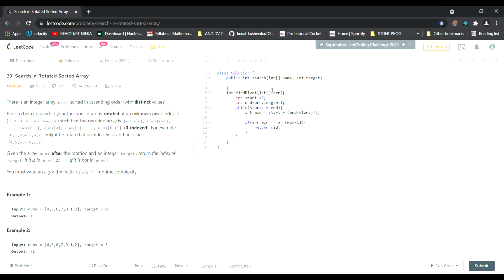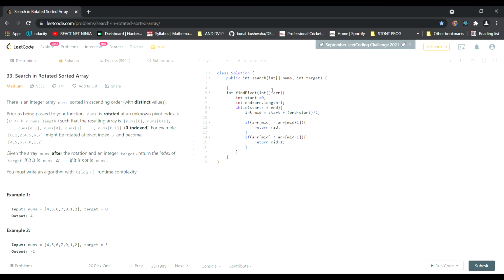See how easy it's become to code if we first build the logic. If array of mid is less than array of mid minus 1, then we'll simply return mid minus 1.